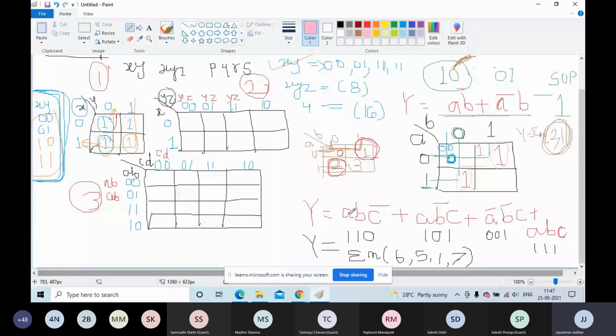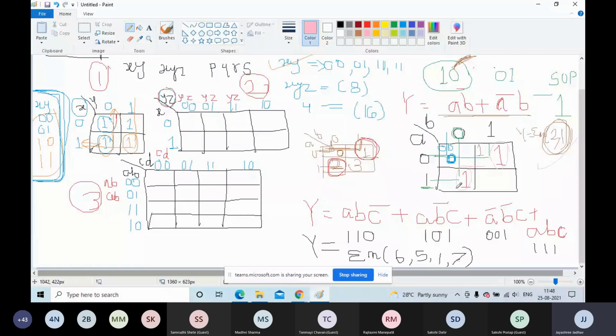If you are finding the binary of it and then observing where the value of A is 0 and the value of B is 0, and then you put a 1 into the cell, that is also correct. But if you know the decimal number places in the K-map, then there is another way to simplify: you find the min terms, and once you know the min terms, you can directly enter a 1 into the K-map cell.